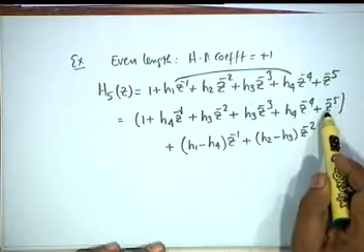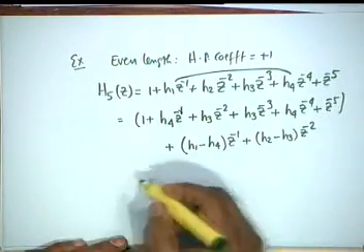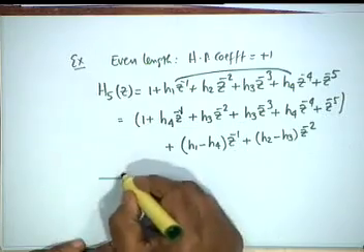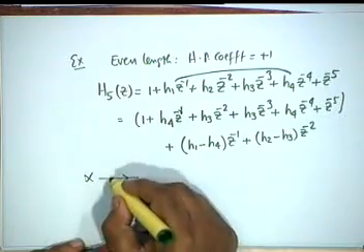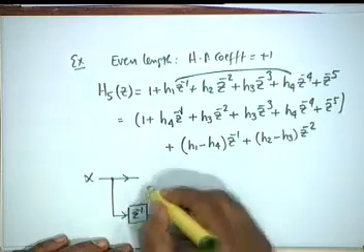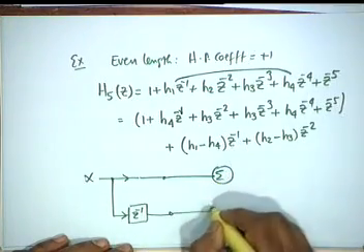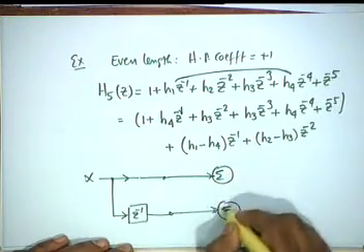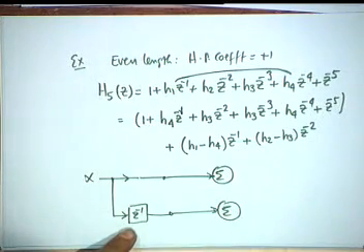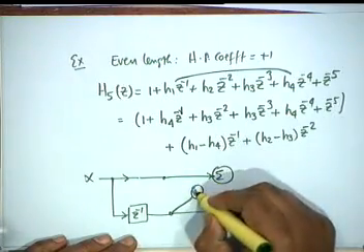Now, the first one is linear phase, and I can synthesize it in the usual manner. What shall I have? I shall have X, z inverse. I have to show these z inverses explicitly because I want to take the taps. I can't show it as boxes. Okay, I would have been very happy if it was so.